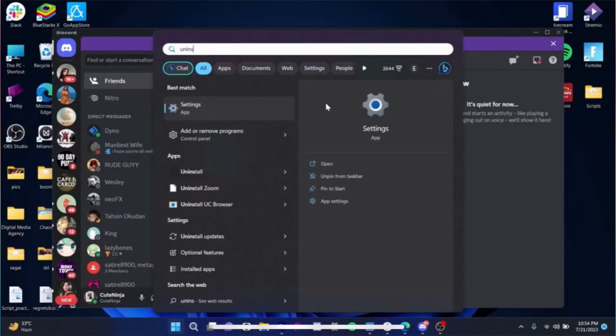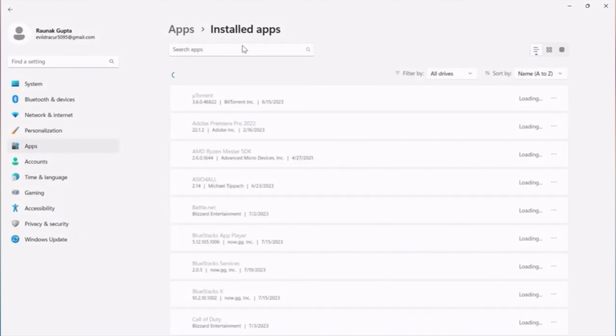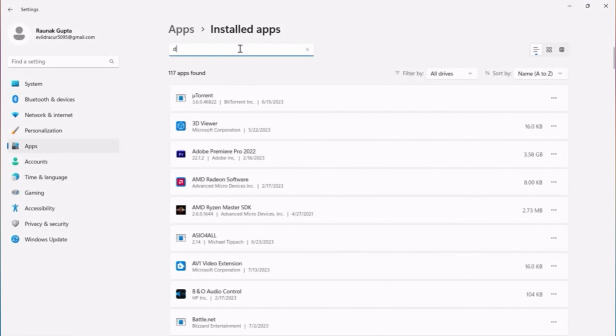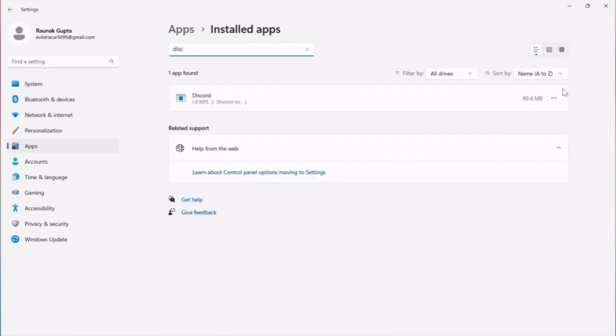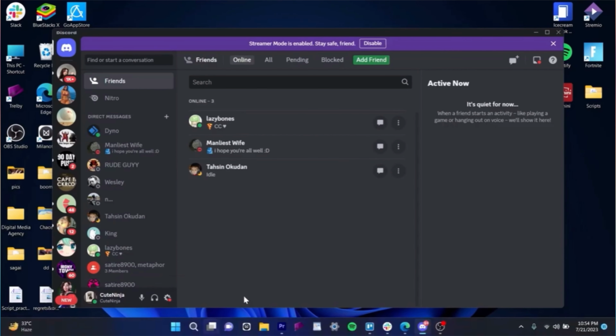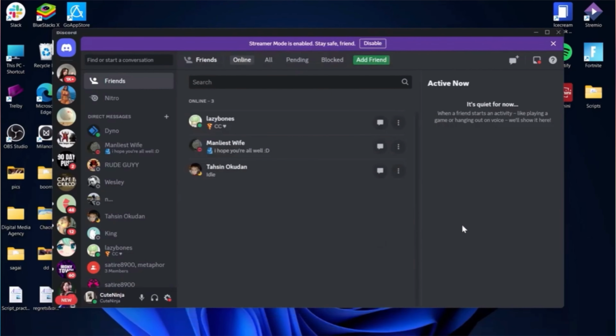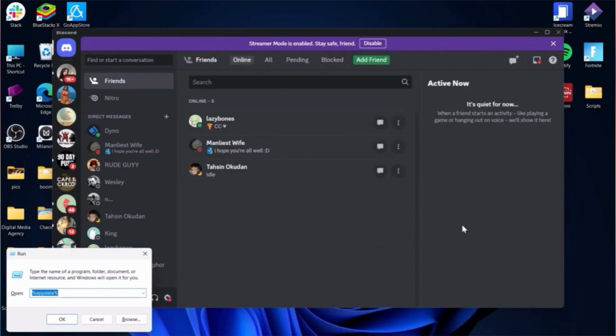So let's get started. Go ahead and tap on your settings and look for your installed apps. In the search bar, type Discord, tap the three dots and try to uninstall it. If it still doesn't work and the problem is not solved, the second thing is we have